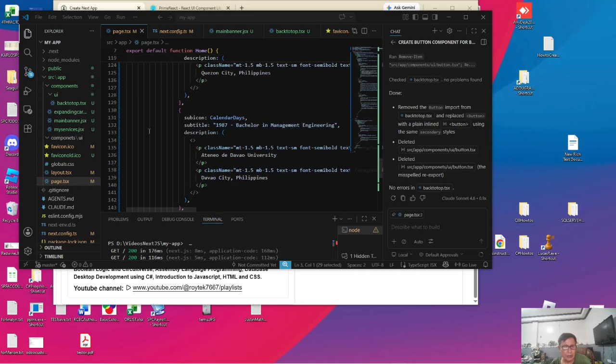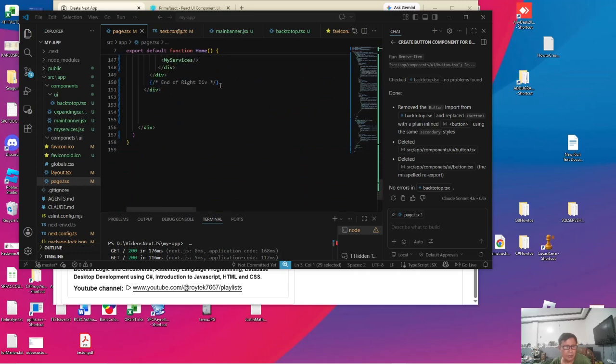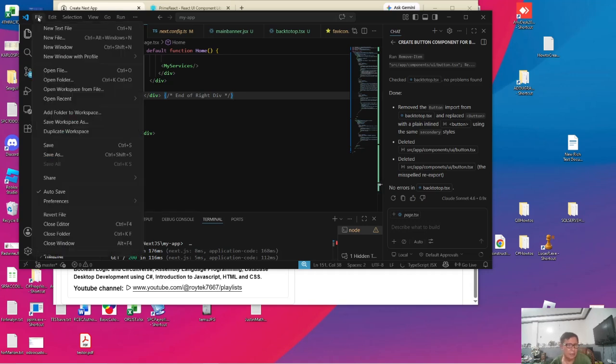So we'll put it after our right div. This is the end of our right div. This is not the end, because this is our main div, this is our right div.